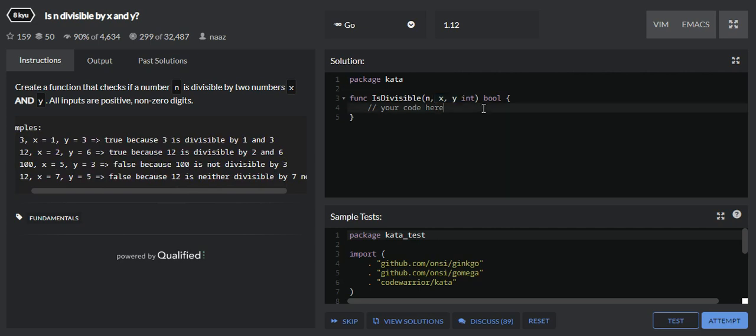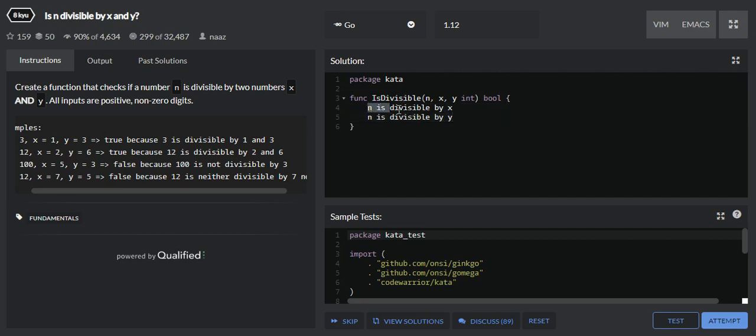So how we can do this: we have a function isDivisible, which takes the number n as an input parameter, and x and y as input parameters. We have to check whether n is divisible by x and n is divisible by y.